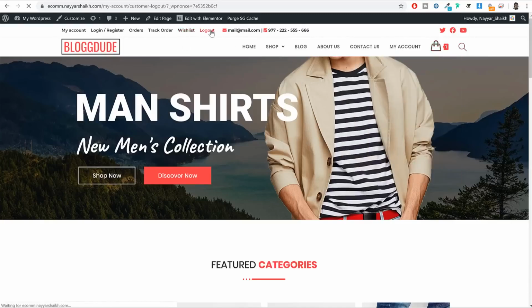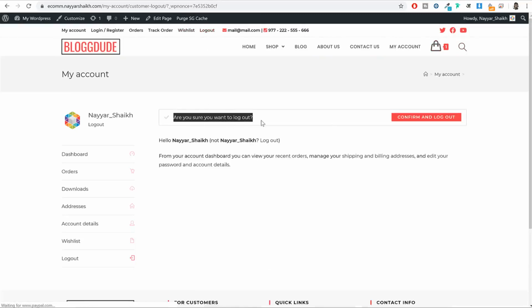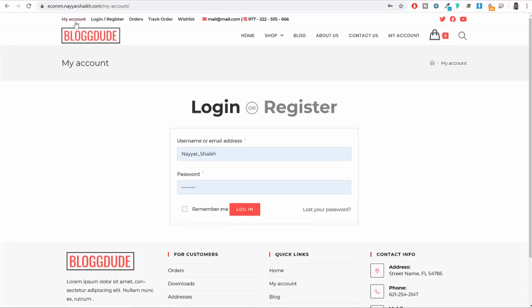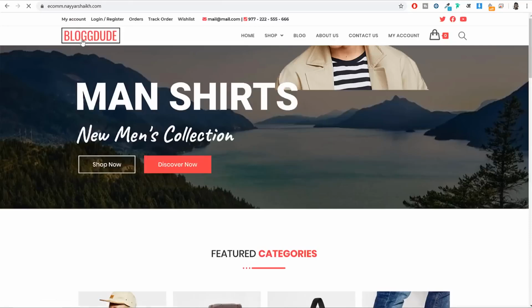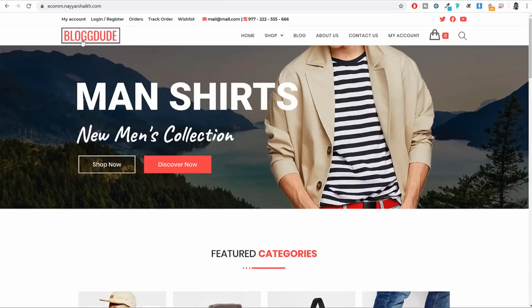So click on log out. Now when you do that, it will ask you, are you sure you want to log out? I'll click on confirm and log out. Now once you log out, if you go to your home page, you can see everything. Now we are seeing this page as a regular visitor, a visitor who has not yet signed up or registered